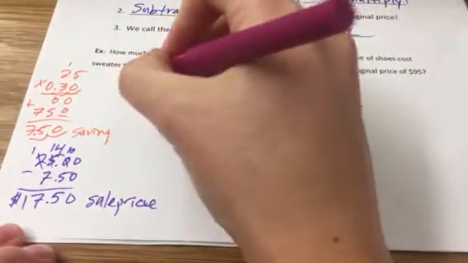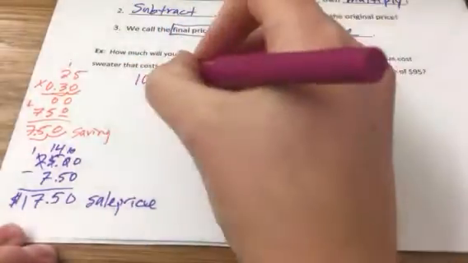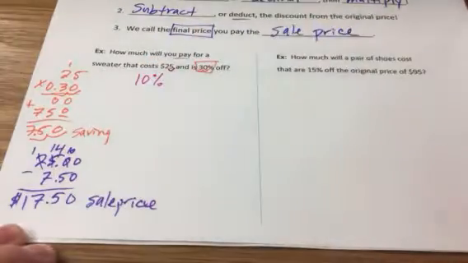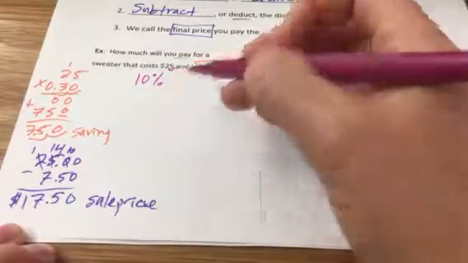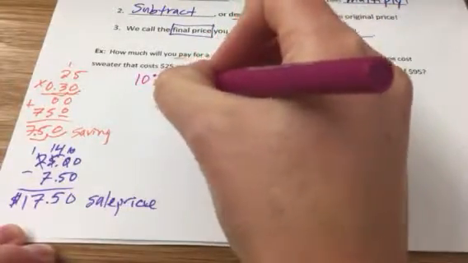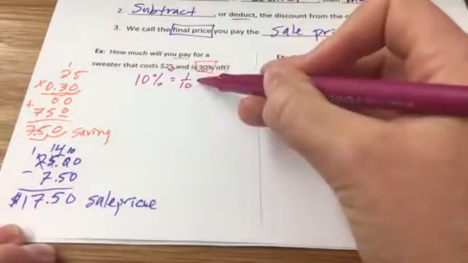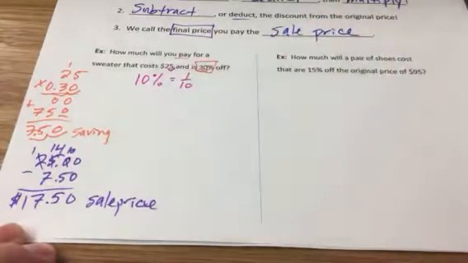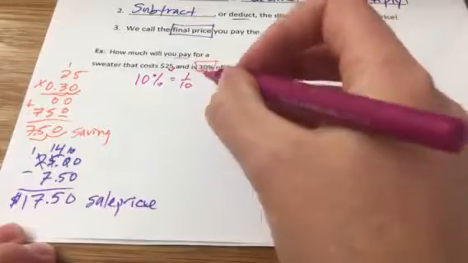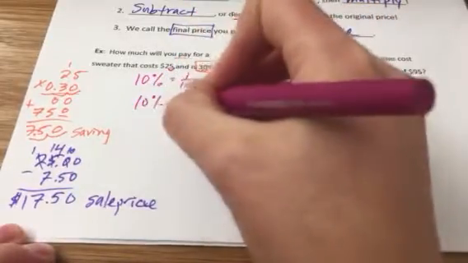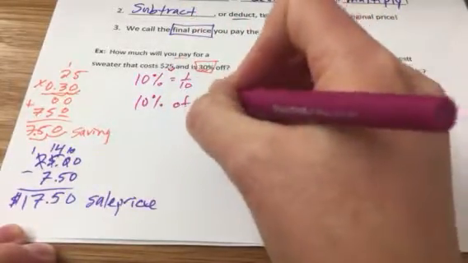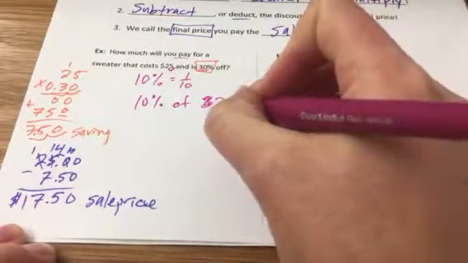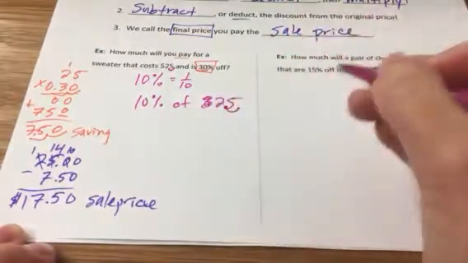Let's take a look if we had used our mental math for 30%. Well, we discovered in our last lesson that 10% of any number, all you have to do is shift the decimal to the left once, because when you're finding 10%, you're finding 1/10 of the price, which means you're dividing by 10, and to divide by 10 means you're shifting the decimal to the left once. So 10% of the $25 means I'm going to take that decimal and shift it over once. So that is